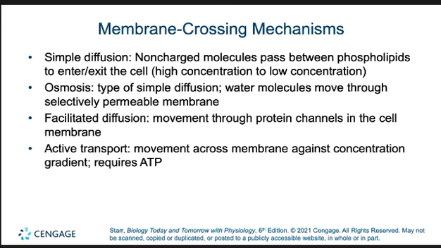So you can see, again, that this is a combination of mechanisms, because sometimes the cell has to pull stuff in against its gradient or push stuff out against its gradient, or it has to work with the gradient in order to move stuff in and out, okay? So in simple diffusion, we're talking about the movement of nonpolar molecules from high to low concentration, either into or out of the cell. It doesn't require a membrane protein to happen. It happens on its own.